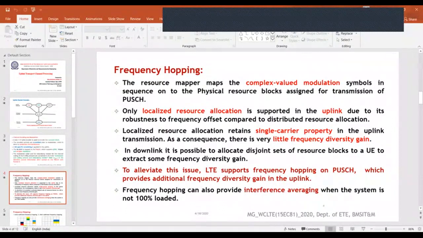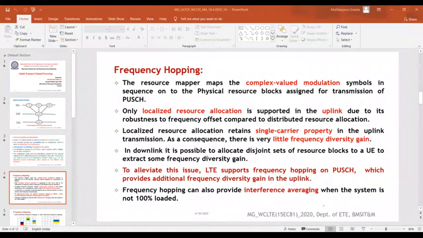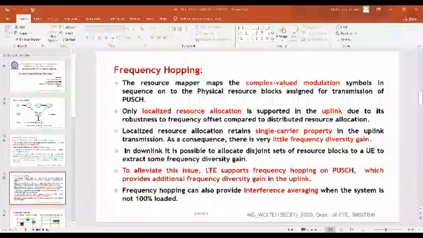I hope you understood why frequency hopping is supported by LTE in the uplink. So what is the problem? As I said, in the uplink it supports only the localized resource allocation, that retains the property of single carrier. With that, it is possible to have only little frequency diversity gain.